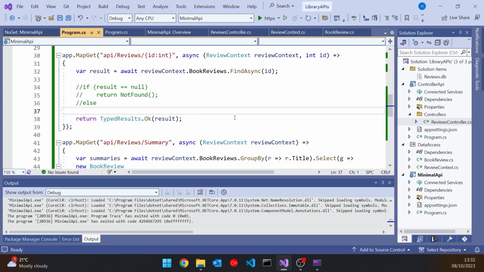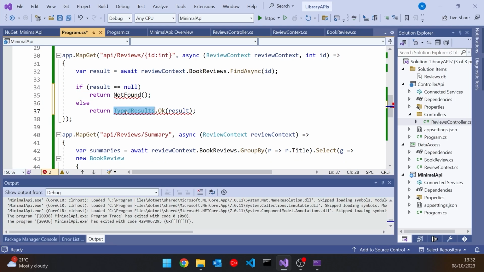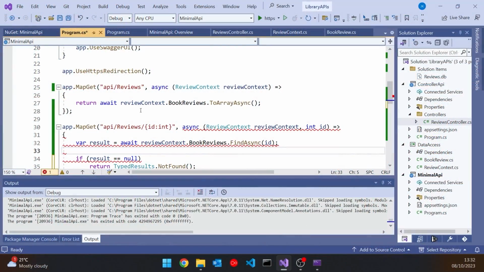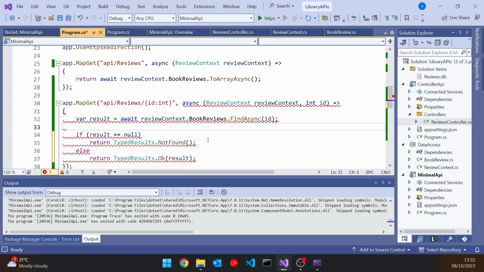However, still not going to be that helpful, because if we reintroduce the not found, which we should have obviously, and then change that to having a typed Results.NotFound, which is still valid of itself, but it's giving us now a problem. And the problem we've hit here is that when we use a lambda, by default, it infers the return type of the lambda by looking at the return statement within the body. And so that's what's happening here. For example, that lambda has inferred that it's going to have an array of book reviews. But here, because we've got two returns with different types, it can't infer the type.